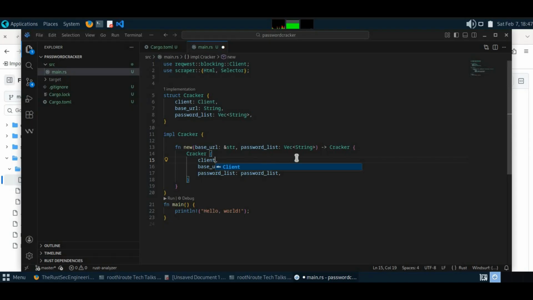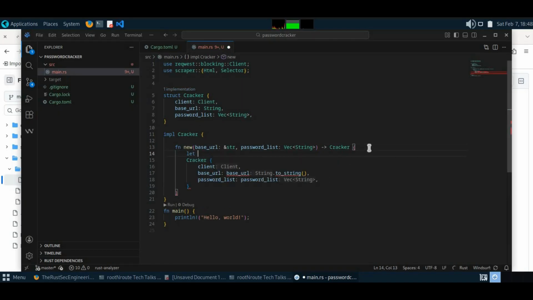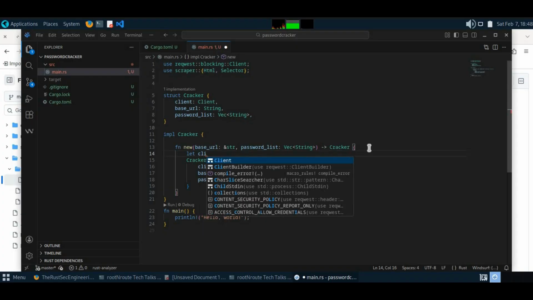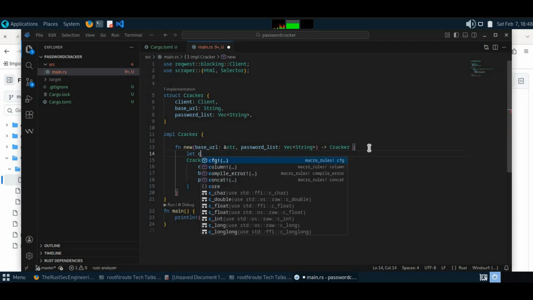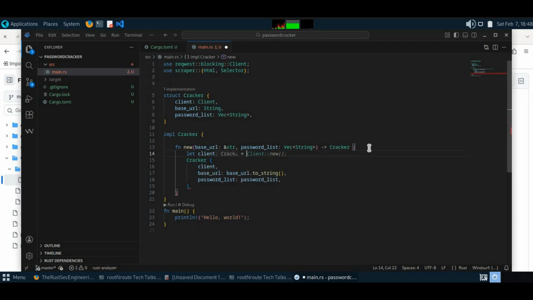Just say this is client, and the base URL is going to be, we will initialize the client. You have to initialize the client here. I think better we do that here. Let client. This client is different from the client inside the struct, so we just say client not new, we have to build it,